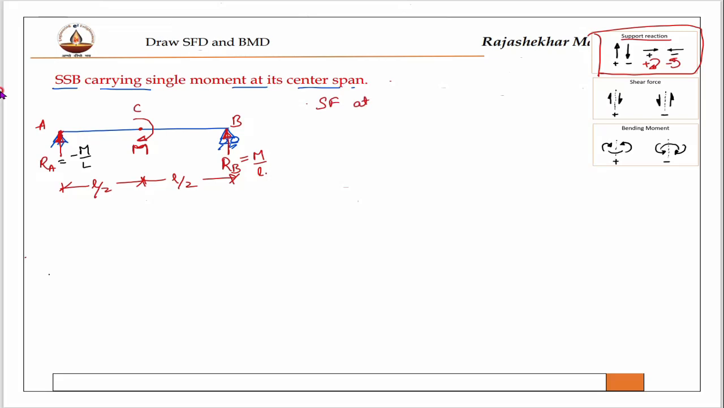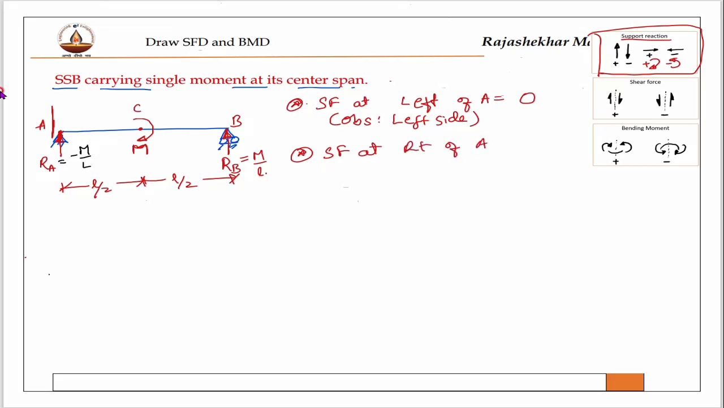at A. At A you cannot take, therefore left of A, and observations I will make from the left side. Observation left side. Now see, this is your section, and you are making a left side observation, nothing is there, 0. This is the first one. The second one is shear force at right of A equal to, now shear force at right of A means the section will be here, but observations I will make